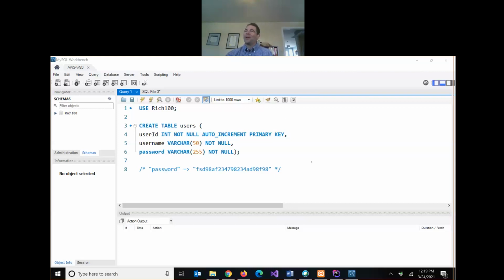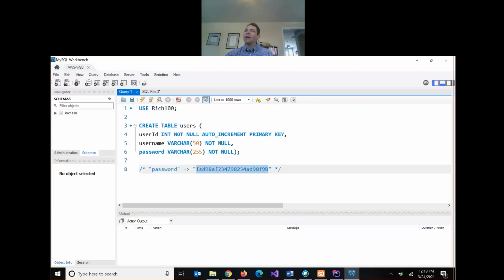Okay, so the other's partly working. So encryption has an opposite. What's the opposite of encryption? Right, we've got decryption. So any value that we can encrypt, so we take text like password, if we can